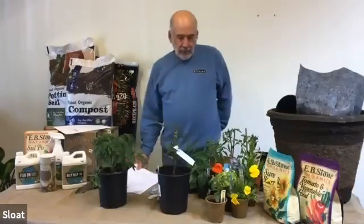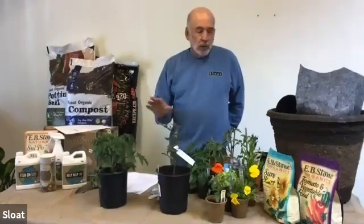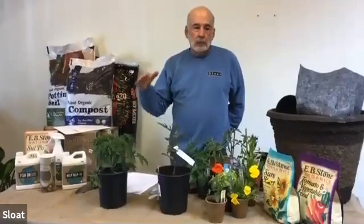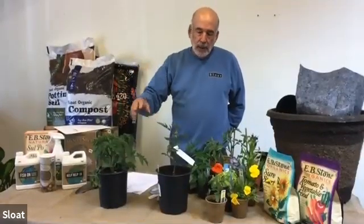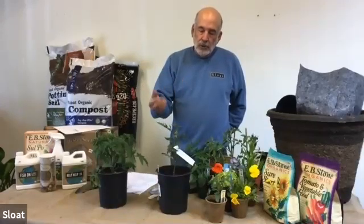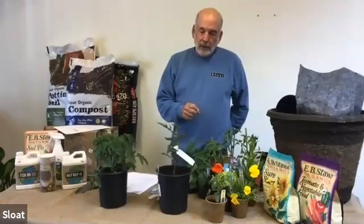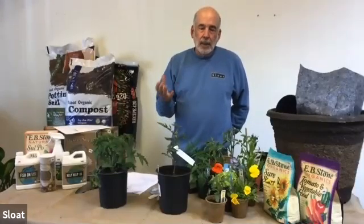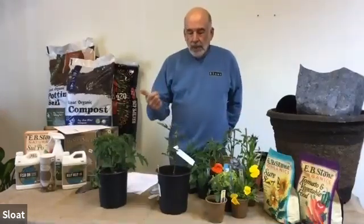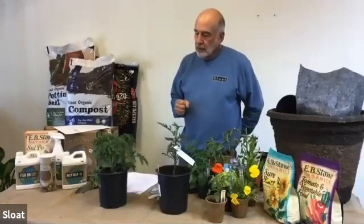Now, tomatoes have some particular needs. They need about 6 hours of sun a day. More is okay, but that 6 hours between 10 a.m. and about 4 p.m. is when the sun is high and the energy is strong. And they need that energy for their leaves to photosynthesize the sugars and proteins that they need for growth and for ripening the fruit. It takes a large amount of sugar to make a tomato sweet. And it takes a lot of other chemicals to make them red, to give them the acidity that balances the sugars and makes them interesting to eat,